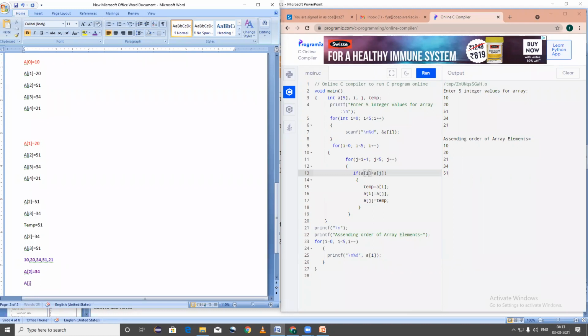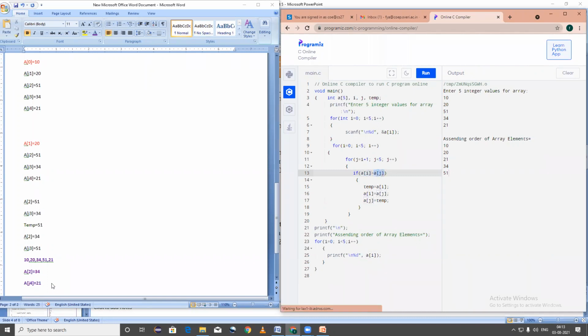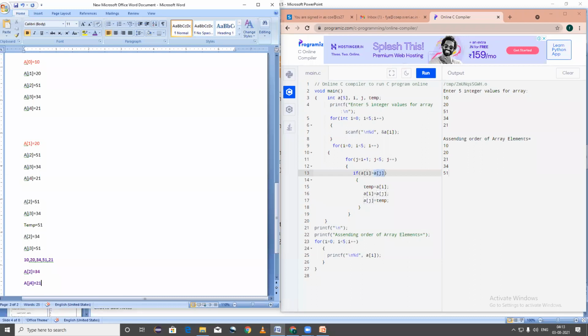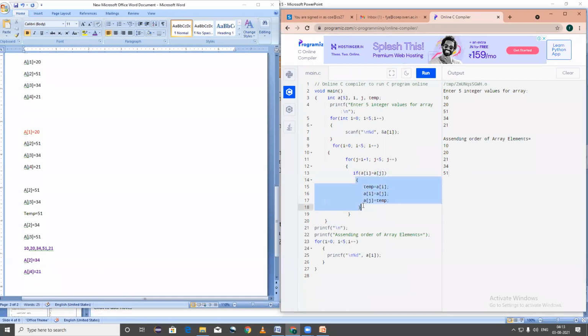What is the value of j4 now? Check the index here. That means last, 21. Okay, again it will check whether 34 is greater than 21. Is it true or false? True. Okay, true. That means again I am going to execute this.